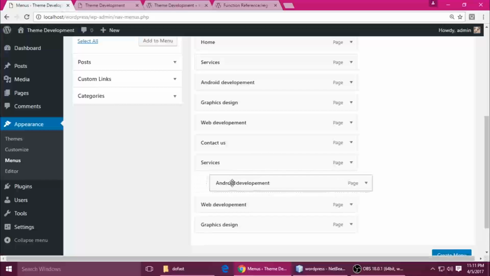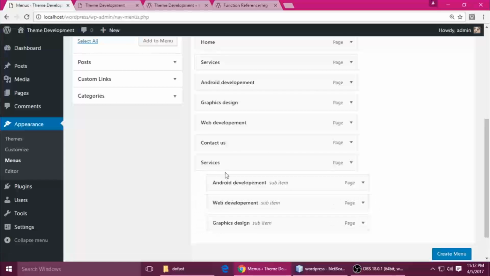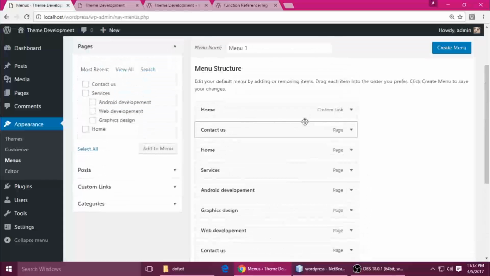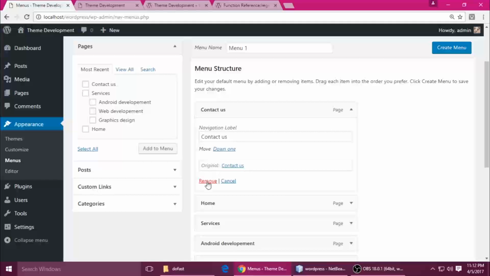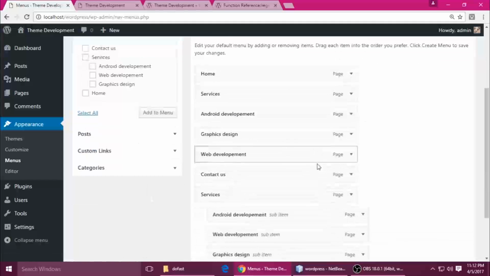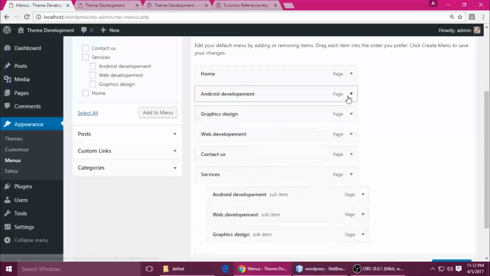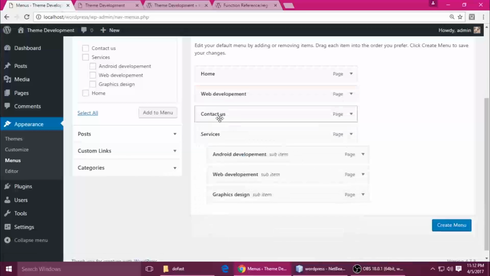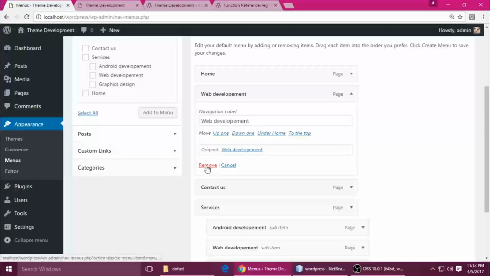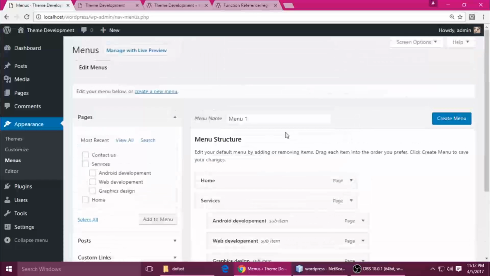Android development, drag and drop a little bit here. Home stays, remove this one. Contact us, remove. Graphics design, web development, remove, since I created these before. So these are the pages, just put them here and create a menu.